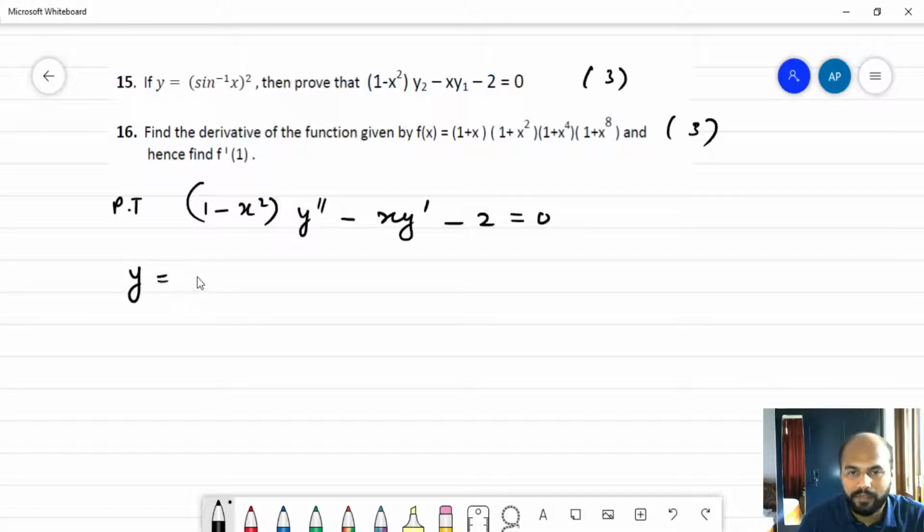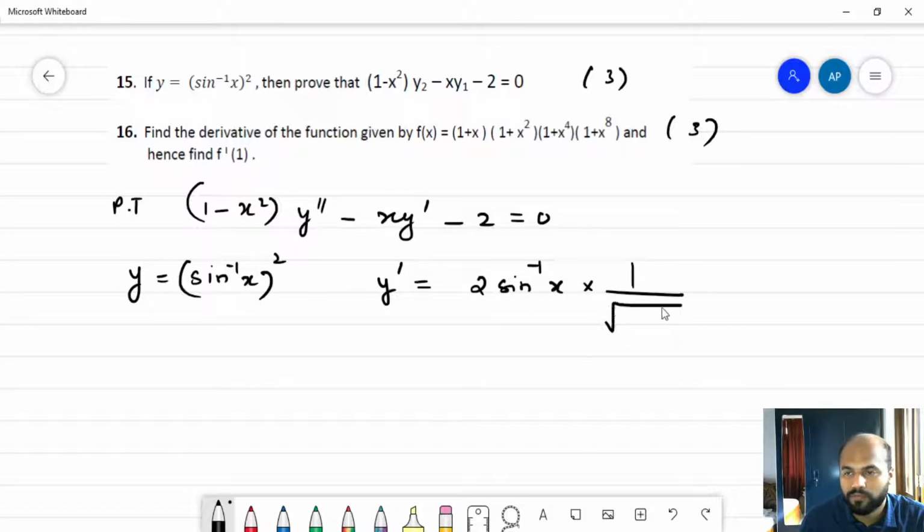We know that y is equal to sine inverse x the whole square. This is there with us. So obviously, if I want to find y dash, I can write it as y dash is equal to 2 sine inverse x by the chain rule, and then I'm going to find the derivative of this, that is 1 over root of 1 minus x square. So this is the derivative of this function. So overall we are getting something over here right now. Let's take it into consideration, and what we have got to do is we've got to square this.